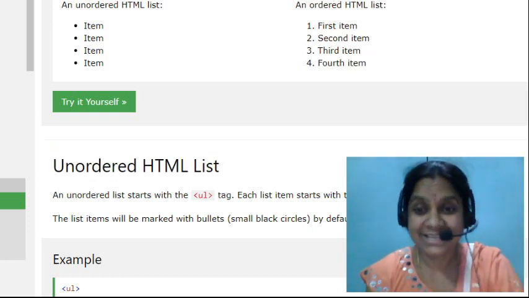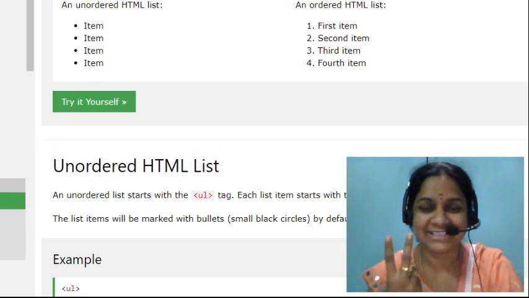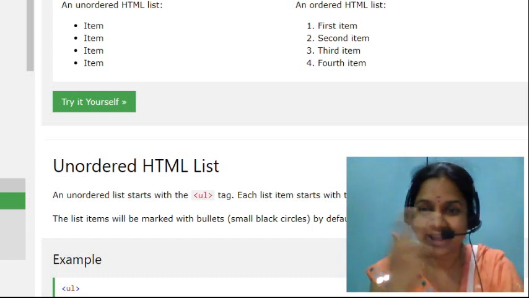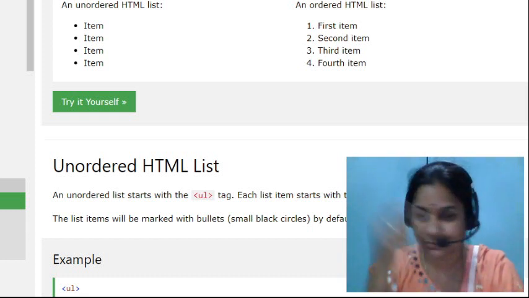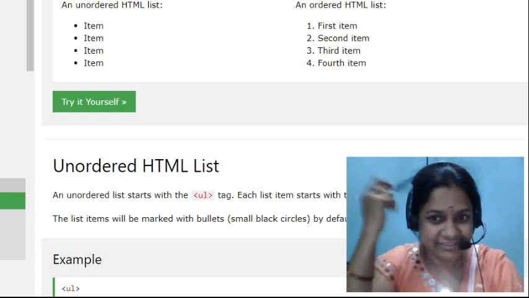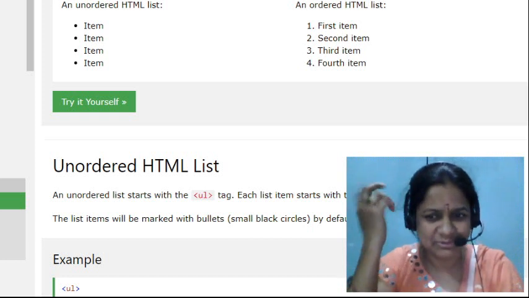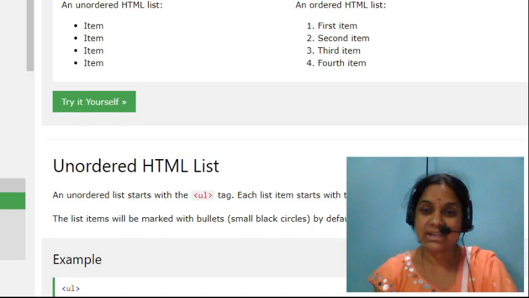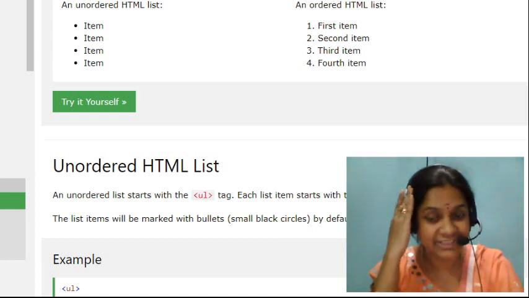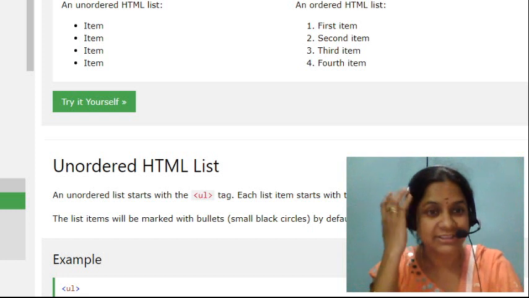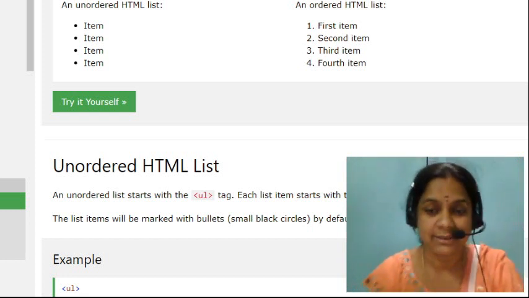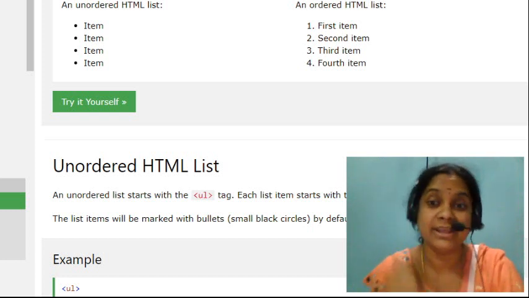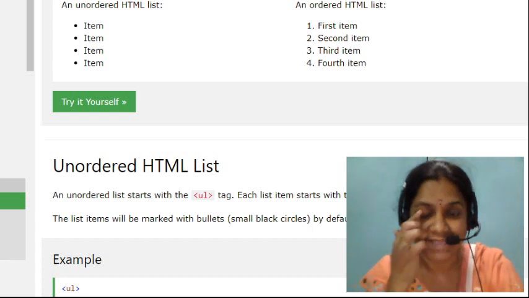How many HTML lists do we have here? Two types of list. What are they? Ordered list and unordered list. See here, these are ordered, 1 and 2. Can we count this, does it have an order? No, that is nothing but an unordered list. We can't count here, it does not have any order. That is known as an unordered list. But this one is ordered, it must be one on one side and one on the other side. It is an ordered list. Is it clear?